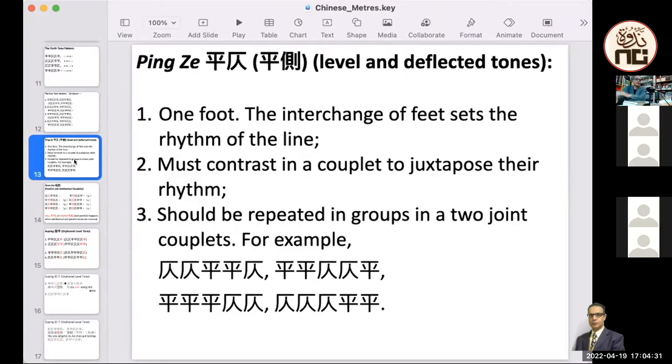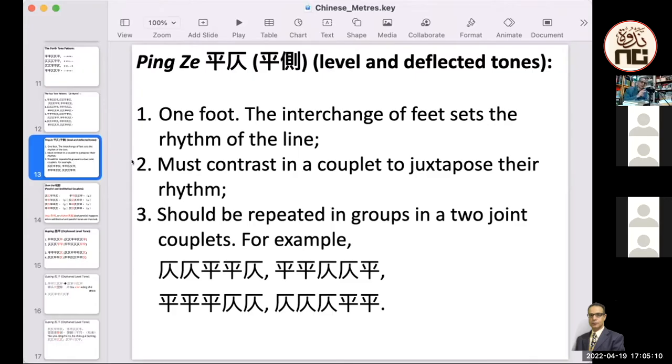So what is this ping zi? Ping zi together, they are 1 foot, zu, yin zu. This is 1 foot. And sometimes the poet deviates from the rules and uses something called inversion, meaning changing the ping into tsu and the tsu into ping, to create more diversion in the rhythm. But together, ping tsu, this is 1 foot.